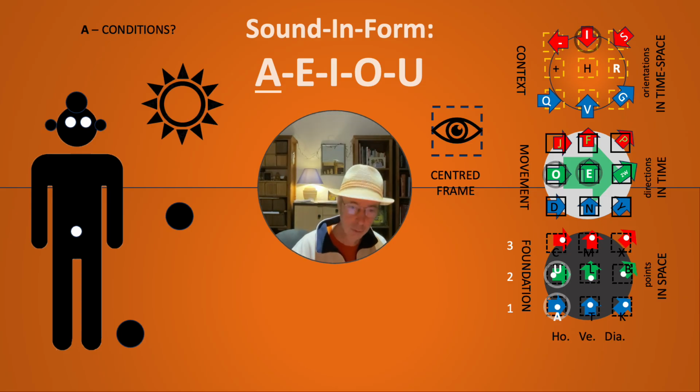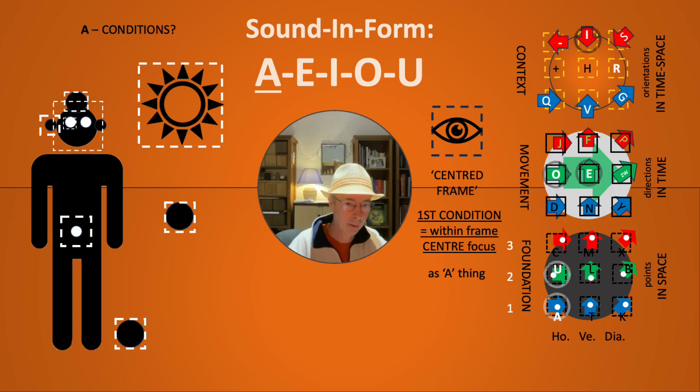So let's use a frame and see if I can use that as a centered frame. I use them for all the objects. Can I use them as a? Yes, I can use them to name these positions